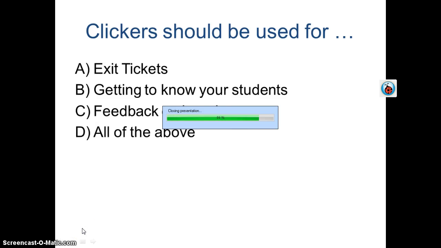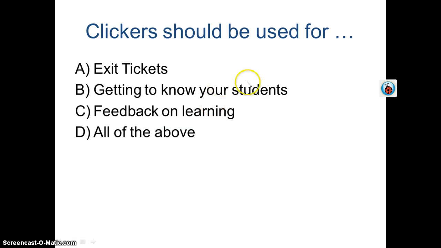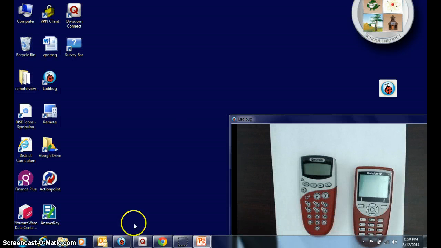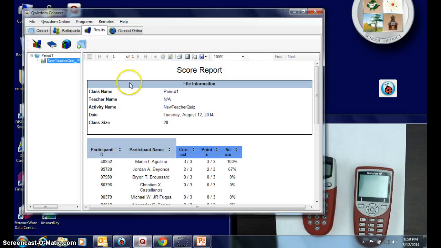It is closing the presentation. It's going through its saving process. And then we'll go take a look at the results. So I'll go back to the Qwizdom Connect interface, and it will take a moment for the results to populate. And here are the results of the assessment. I can see that Martin made 100 and Jordan made a 50, which doesn't give me a lot of information